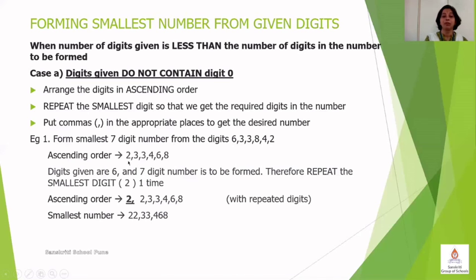The smallest digit being 2, we are going to repeat 2. And we will repeat it once because we have 6 digits and we need a 7-digit number. So after we repeat the digit 2 one time, we get 7 digits in our ascending order. And from this ascending order, we can easily form our smallest number. What have we done here? We've put the commas in the appropriate places, and that's how we've got our smallest number as